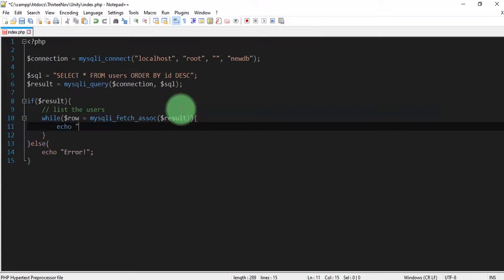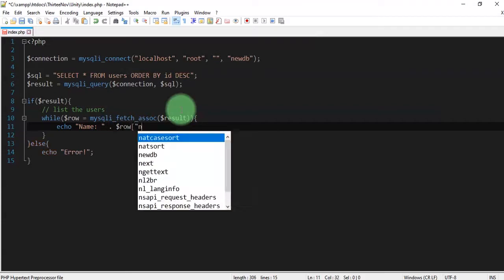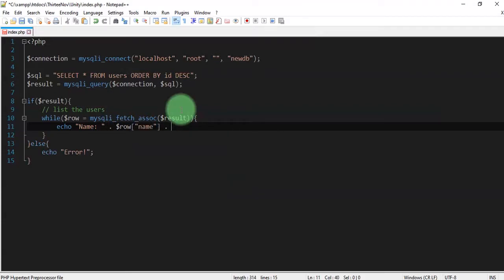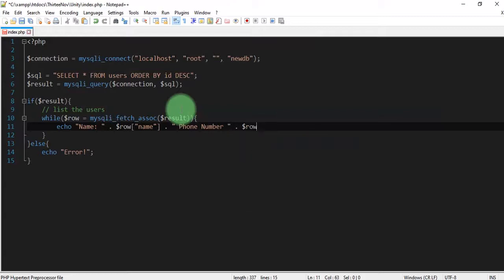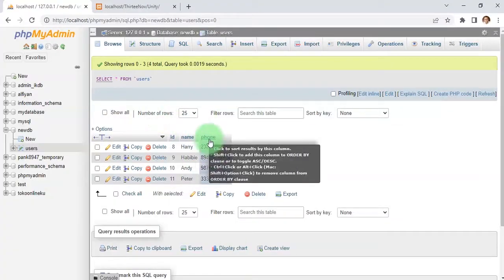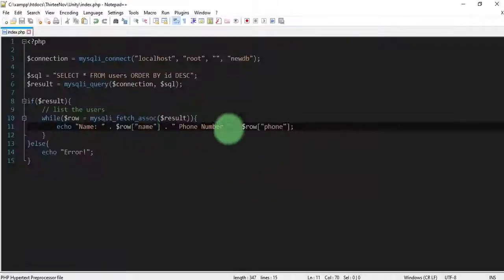Echo name, row name, and then phone number, row phone. Let me check my database again. Phone and name. Okay,